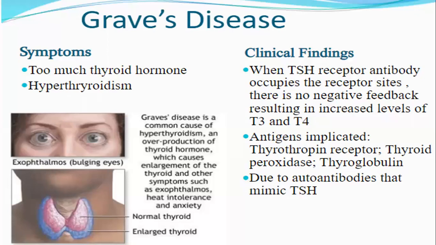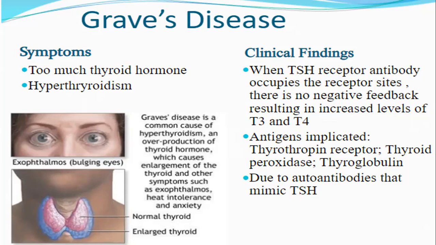So let's start with a very common autoimmune disease. We have Graves' disease. Basically it's a disorder wherein there is an overproduction of your thyroid hormone. This overproduction eventually leads to hyperthyroidism because you have high levels of your thyroid hormone. This consequently causes enlargement of the thyroid and other associated symptoms such as exophthalmos, heat intolerance, anxiety,